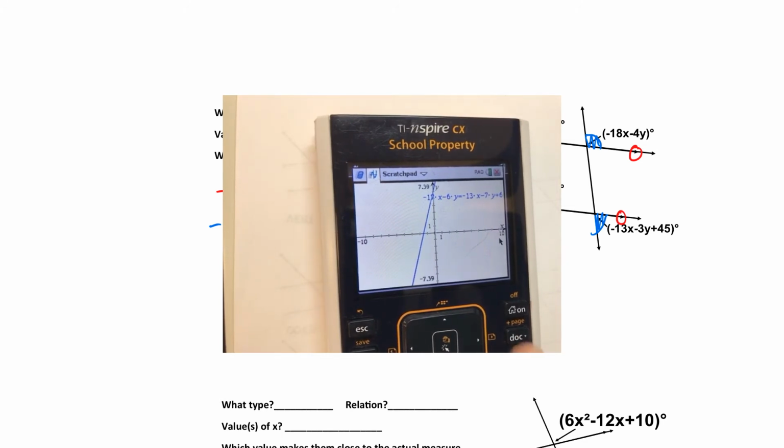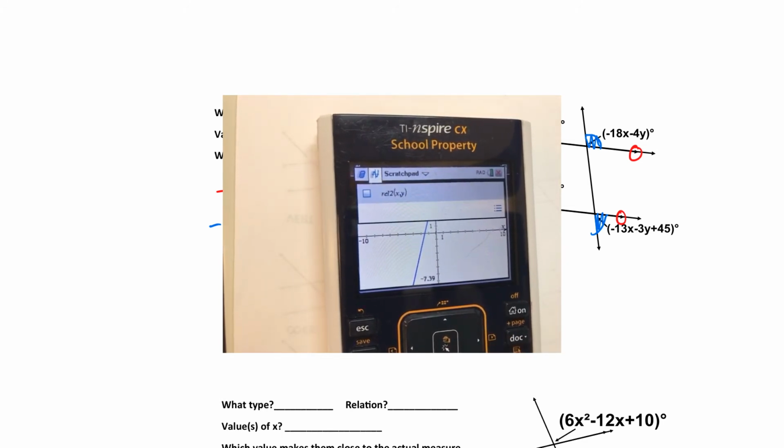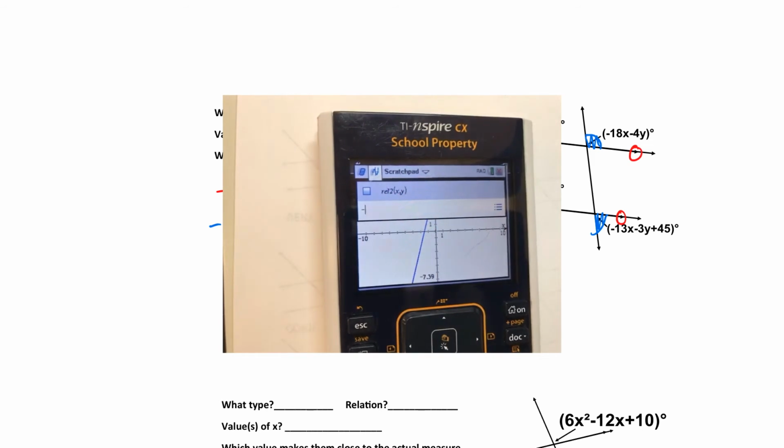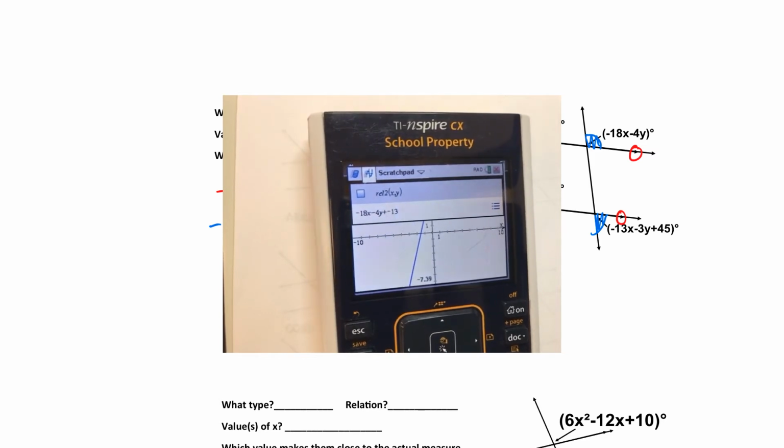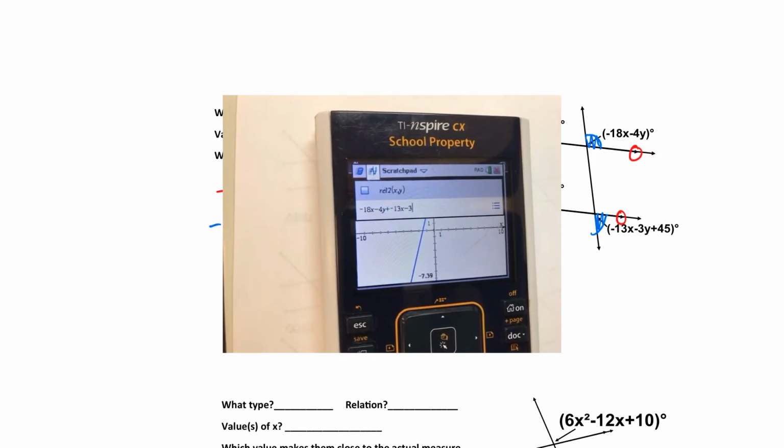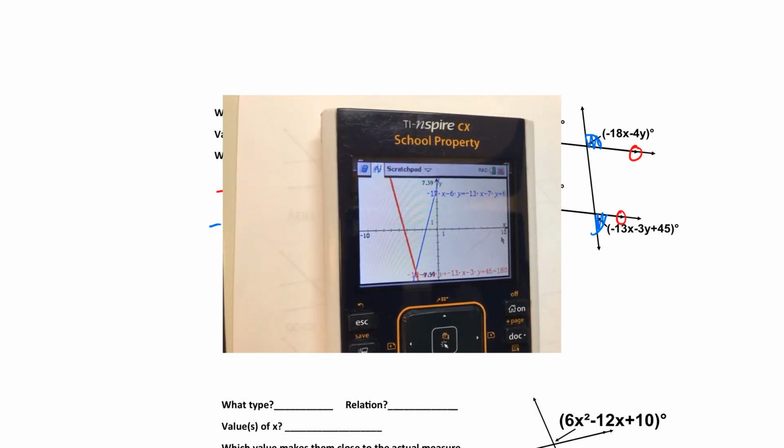Okay, that's the first one. Then push tab and we'll put in the second equation. Negative 18x minus 4y plus negative 13x minus 3y plus 45 equals 180. Ooh, I did it